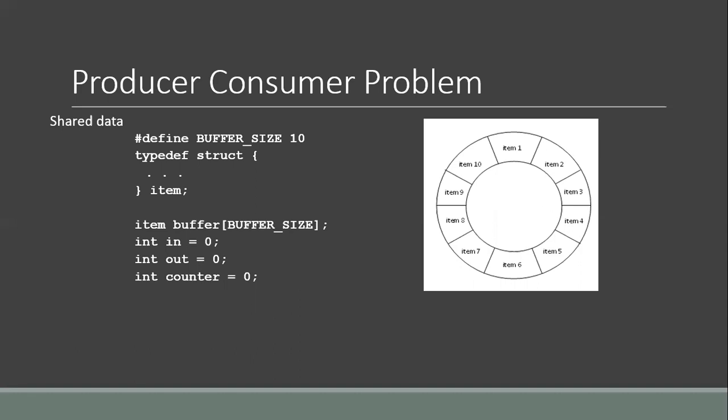The producer process produces the information that is consumed by the consumer process. Both processes share a memory region. The producer will place information in this region and the consumer process will remove the information from this region in order to consume it. The challenge here is to ensure data integrity in this shared region.